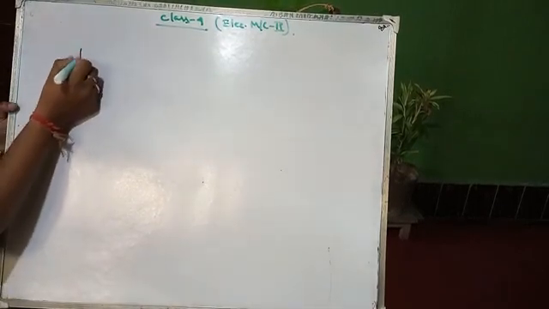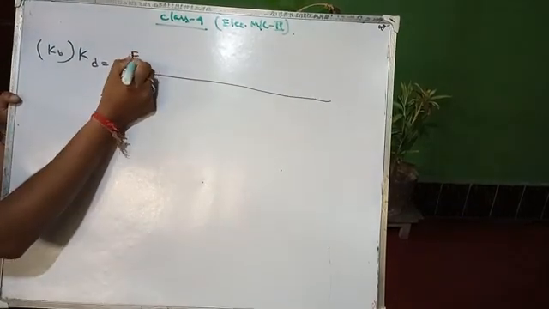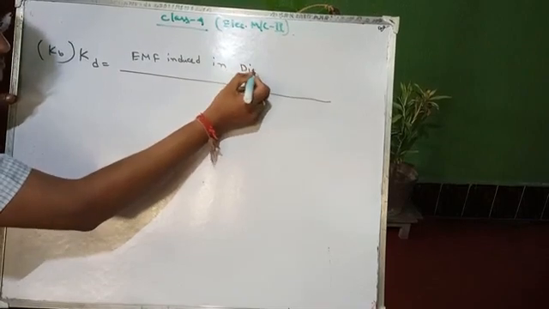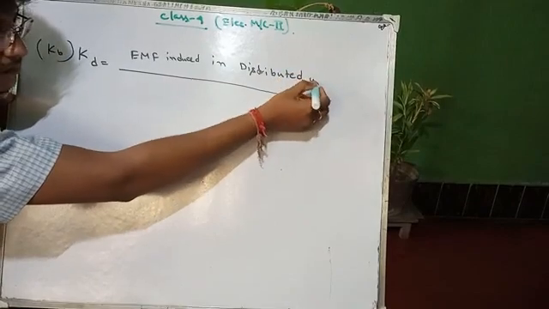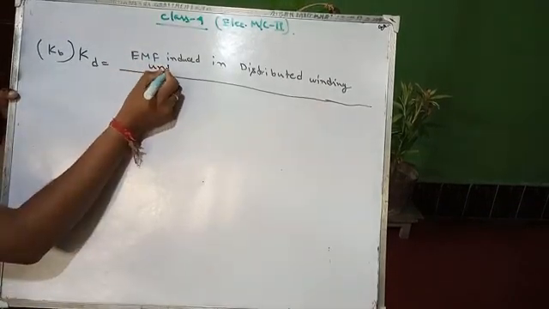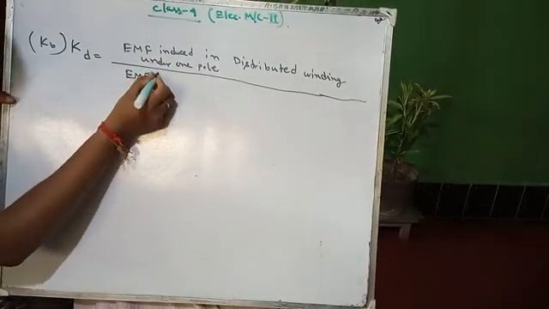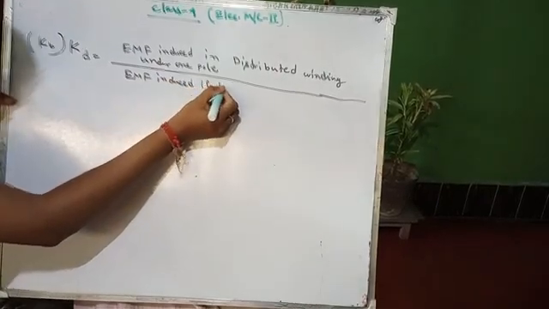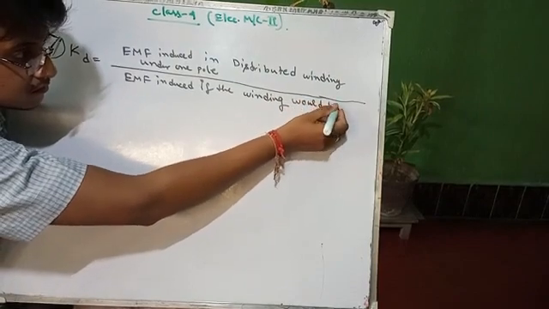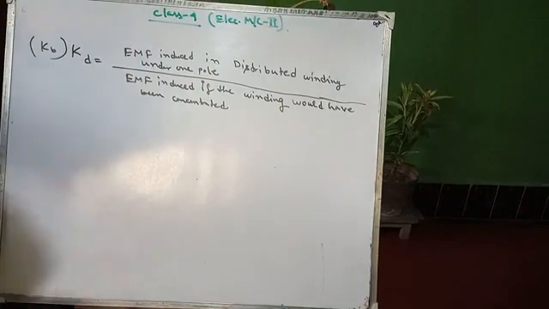So the expression will be KD, or you can write KB, equals the EMF induced in distributed winding under one pole, divided by the EMF induced if the winding would have been concentrated. Okay, so that means what? If we consider a